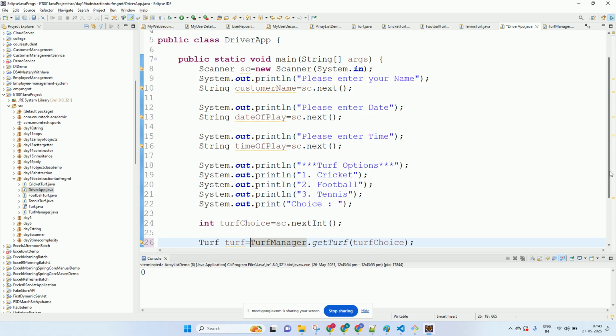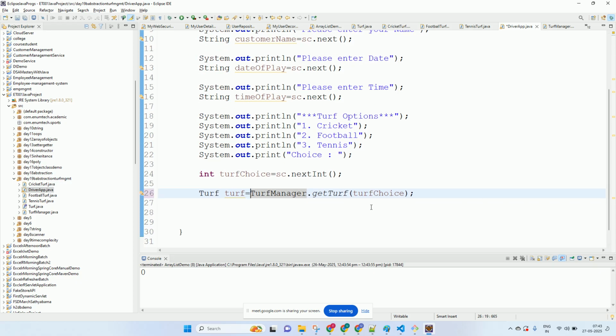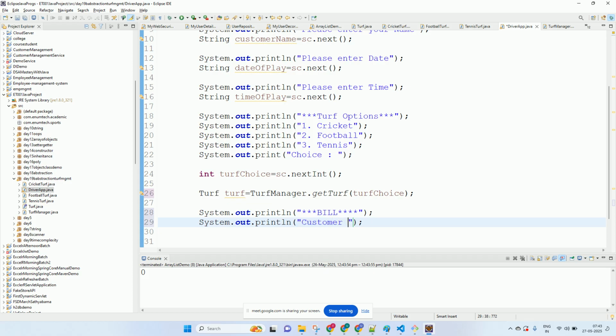So now when I have to display, let's say I'm printing the details, okay? And I'm printing the bill for the customer now. Let's say I'm printing the bill for the customer. So I will list out customer name. Okay, and what will be the customer name? We have taken the variable over top, right? Customer name